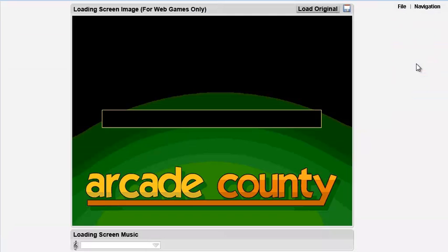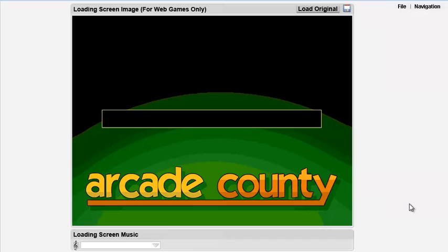And so loading screen, this last thing I'm going to show you before we move on to some very specific things. Loading screen. This is only used, well, as it says, for web games only. So if you upload your game to arcadecounty.com, this is what people are going to see during the loading screen. The bar is going to move across here for all the files, and there's going to be some text right above here. So you can change this. You can open this from the disk, and you can change it. You can set